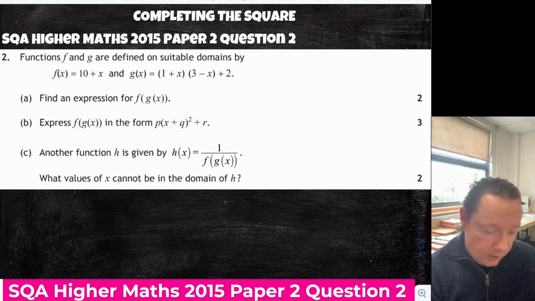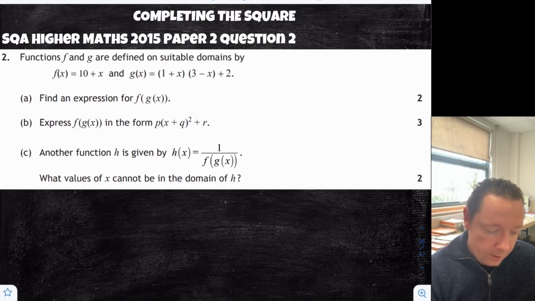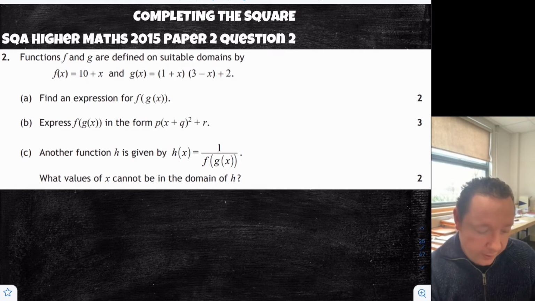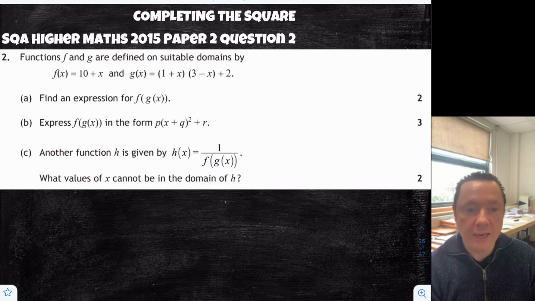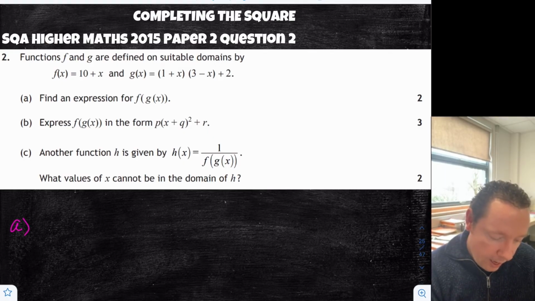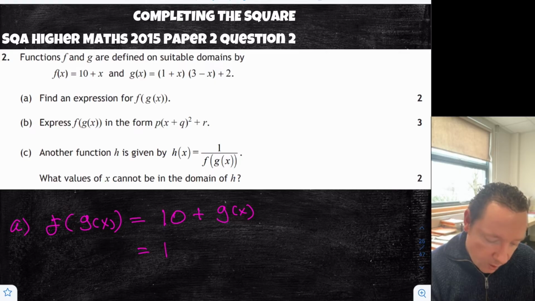Completing the square, SQA Higher Maths 2015, Paper 2, Question 2. The functions f and g are defined on suitable domains by these. First of all, it's a composite function question, but then there's a bit of completing the square at the end. So part A, f of g of x. Well, f of x is 10 plus x, so that's 10 plus g of x. So that's 10 plus